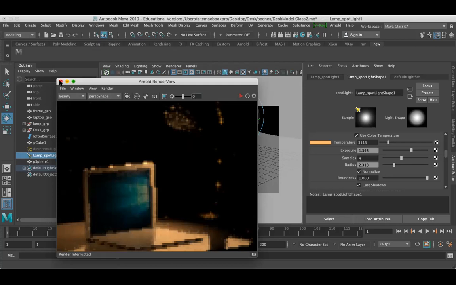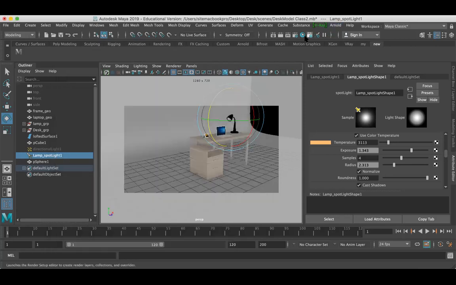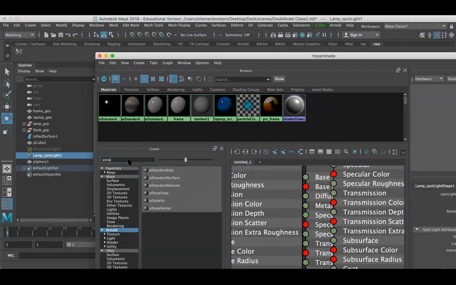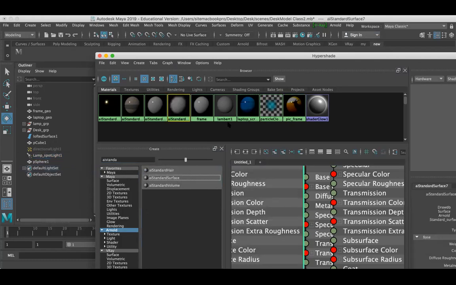Go to material. So I have created a material. In the material, find out, in the Arnold, you can find AI standard surface. Instead of searching for it, you can search here. Just type standard surface and open it. You'll get your material. You can see here it is selected with a yellow box.